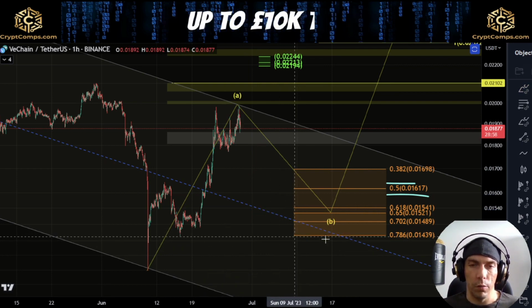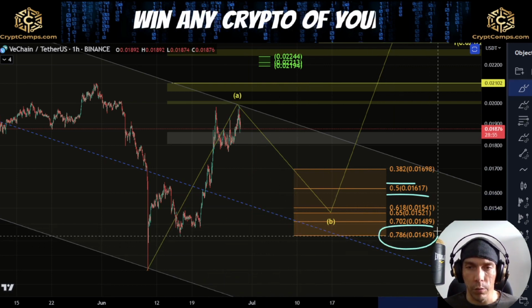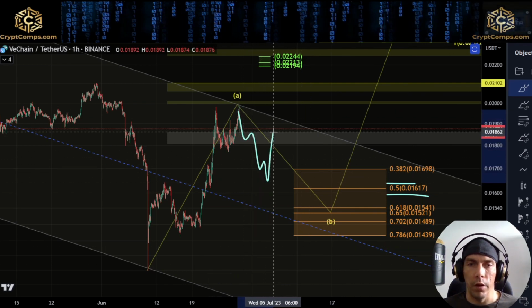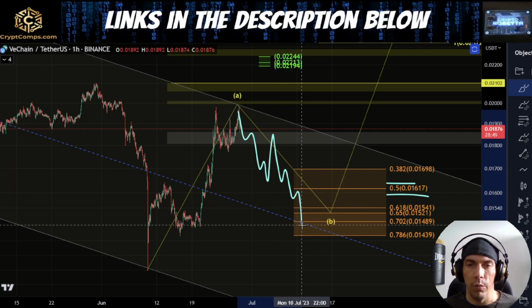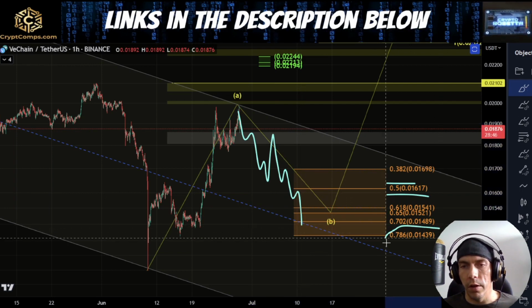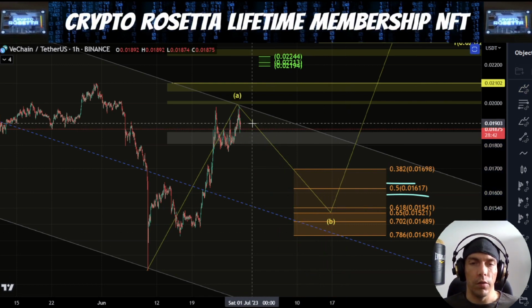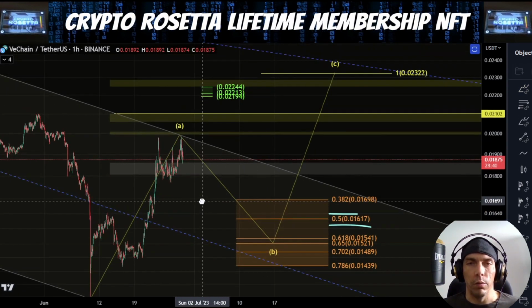Though we need to also just be aware, 786, once we start to lose this level, particularly if we're going to get a 5-wave move down and a 3-wave move up and another 5-wave move down, once we start to lose 786, it becomes more likely this is actually going to become a bigger breakdown, because it starts getting very close to that 1.618 most of the time.